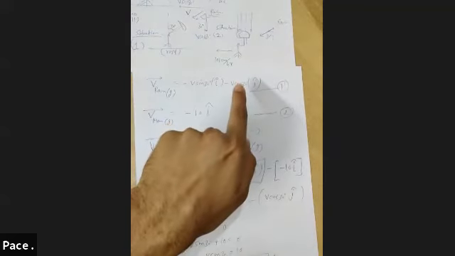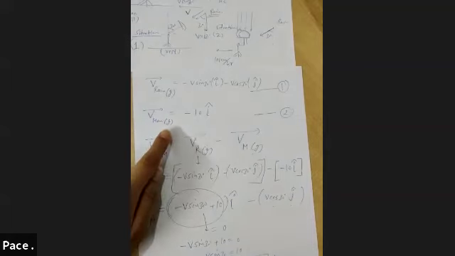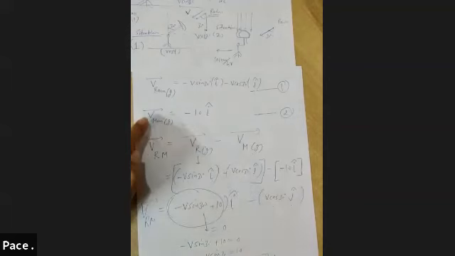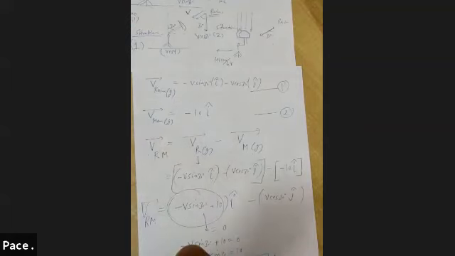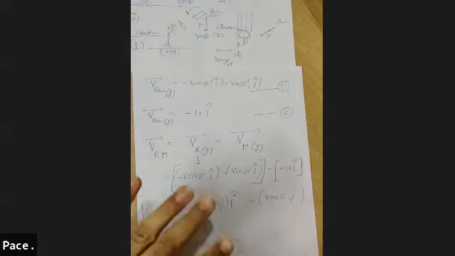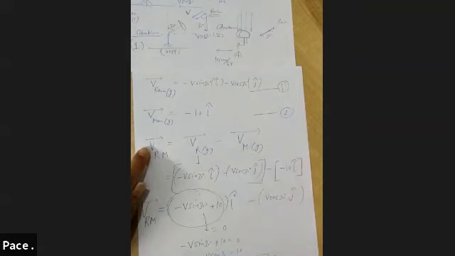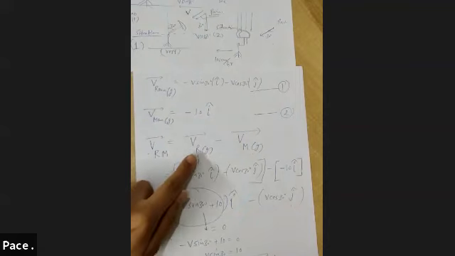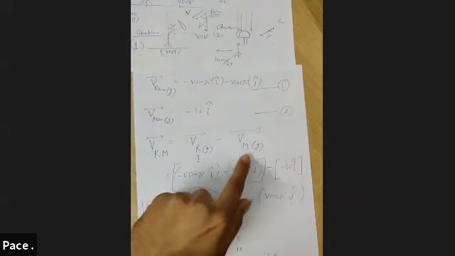Now, when this man starts walking with 10 kilometer per hour, what is the velocity of man with respect to ground in situation 2? It is minus 10 i cap. So at that time, the motion of rain as seen by man has only a vertical component. Why? Because it is given in the problem that when this man starts walking towards left, he has to hold the umbrella vertically. So rain is falling vertically, having only a j cap component and no i cap component. So I will find out the velocity of rain with respect to man, which would be velocity of rain with respect to ground minus velocity of man with respect to ground.